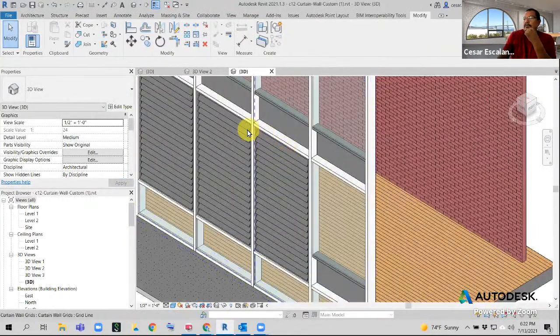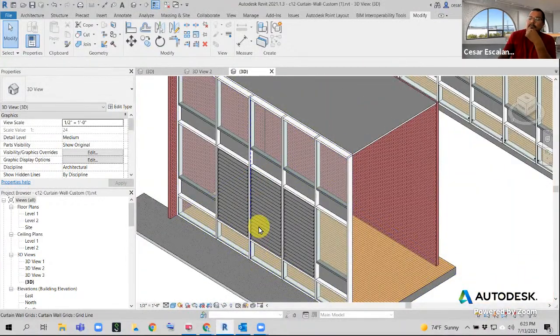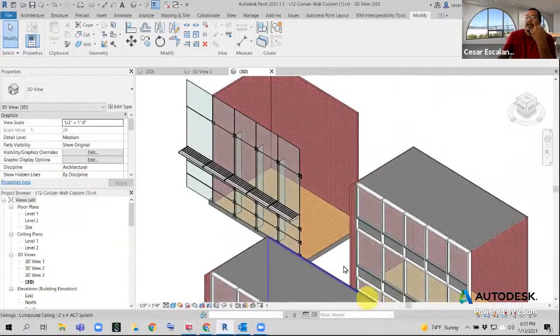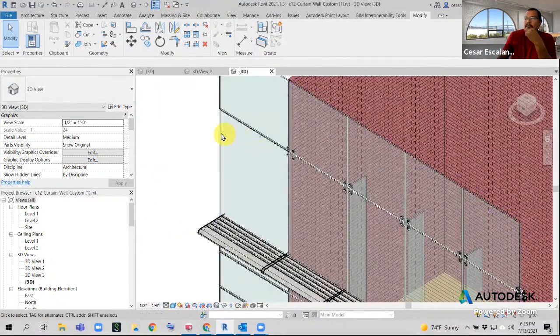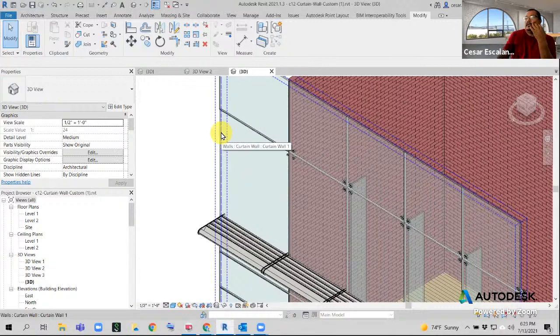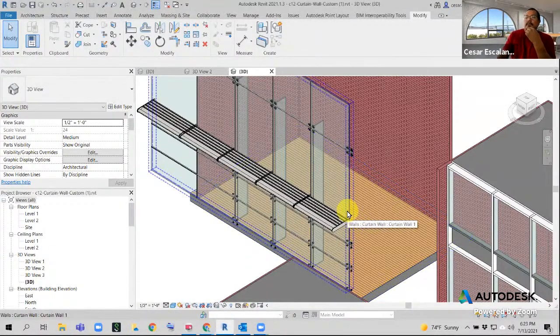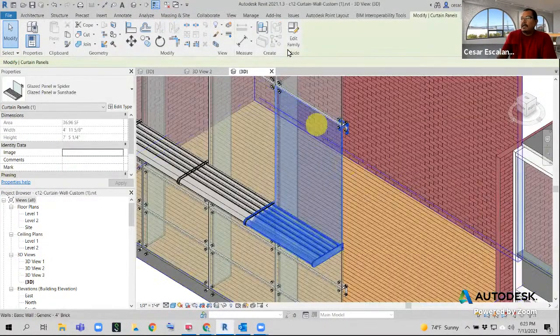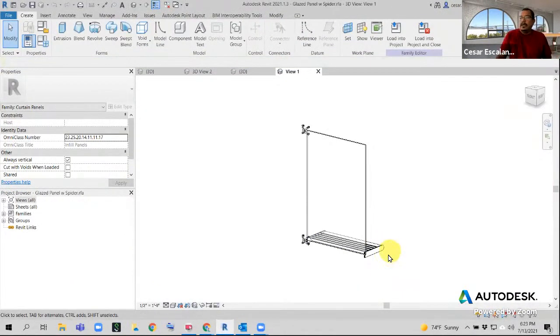Let me show you another example. This is the example I was showing you regarding the louvers. Louvers is a special type of family. I haven't really gone through the process of creating a family from scratch, but I just want to highlight that the proper way of building some of these curtain wall definitions is by building the appropriate curtain wall panel. This is another example of a curtain wall family that has embedded the glazing,